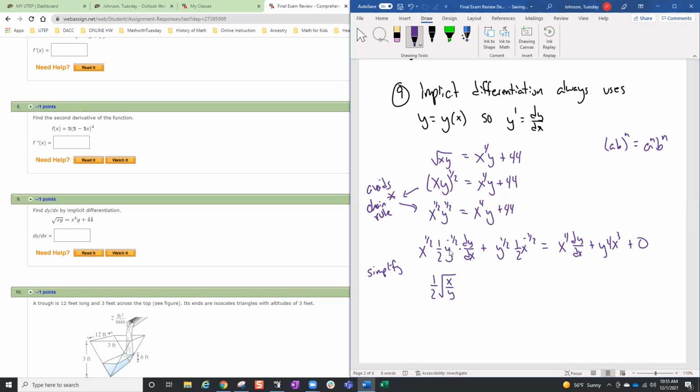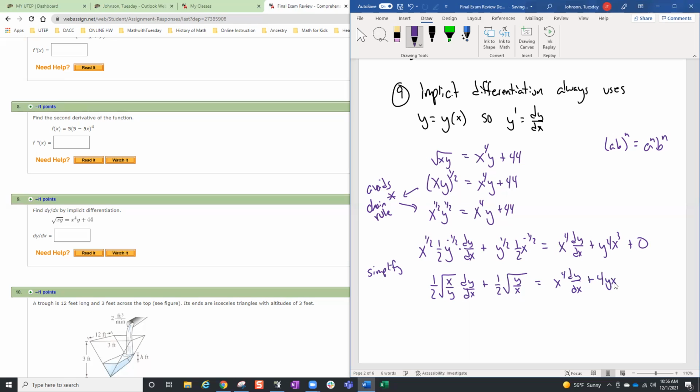X in the numerator, y in the denominator, both have a square root, 1/2 times dy/dx. Plus, now this is just the opposite. Now the y is in the numerator, the x is in the denominator. Equals x to the 4th dy/dx